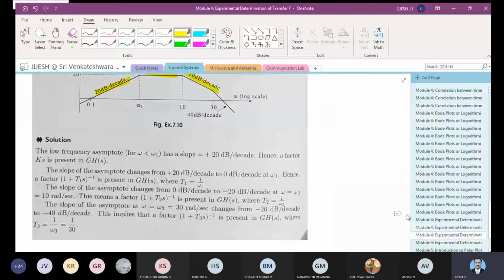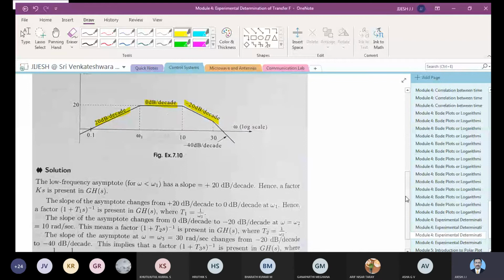So you are having this plot. The Bode plot is there. From this plot you are obtaining the transfer function. How to do that? Just now we did it for a small figure. It has slightly more terms here. You can see the low frequency omega value is less than omega 1. So you get corner frequency 1, corner frequency 2 and corner frequency 3. Some of the values are given, some are not given for you.